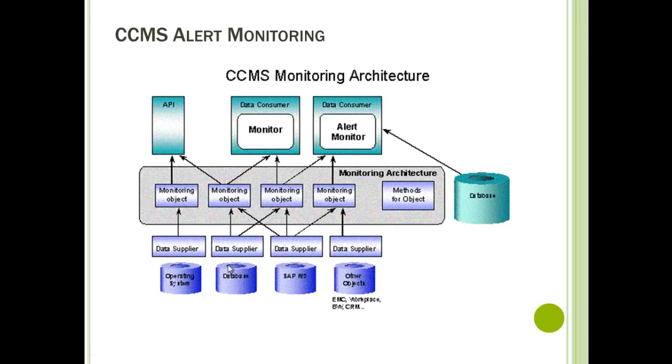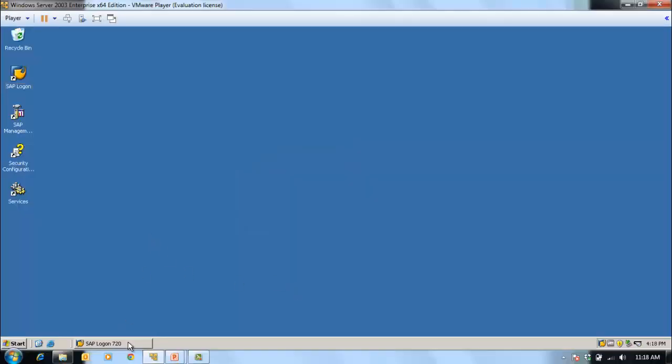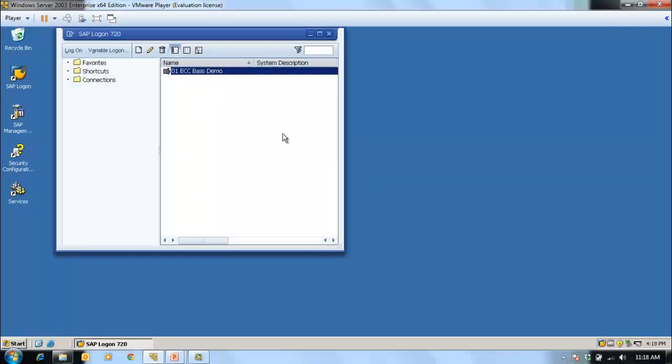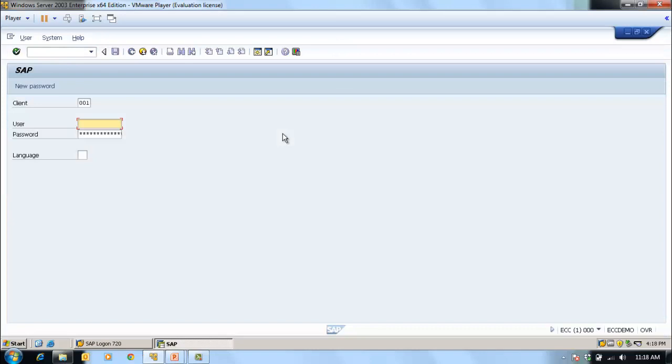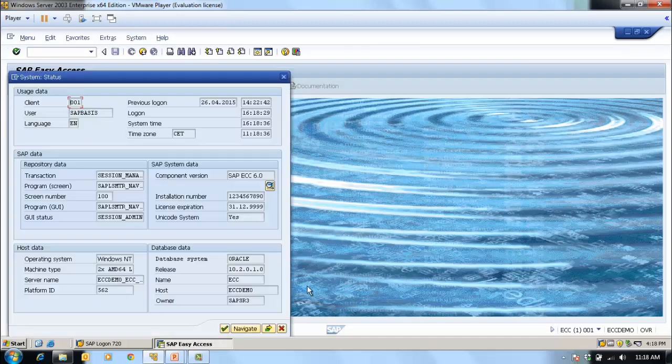Like this we have data suppliers for the database, and we also have a data supplier for R3, basically in your ABAP. That's what I said, SAP_BASIS. How do we see that? How we see the components is again an interesting part in SAP. If you log in to our SAP system, and you want to see the components installed in any SAP system, you go to System and then Status,